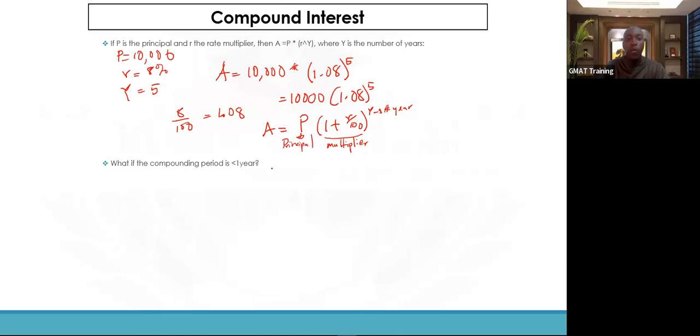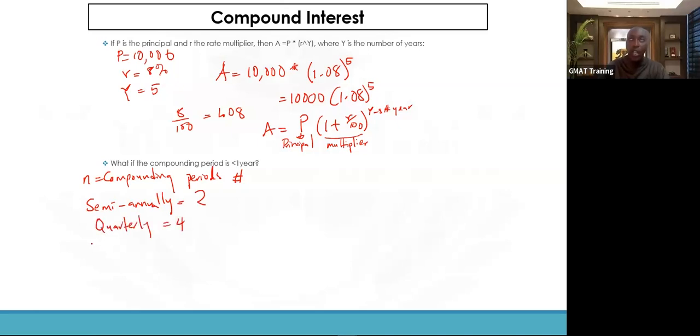All right. What if the compounding period is less than 1 year? Compounded semi-annually, quarterly. These are compounding periods that you need to know. Given that N is the compounding period number, for semi-annually, in a year, how many semi-annual compounding periods are there? There are 2. For the quarterly, we have 4. For the monthly,